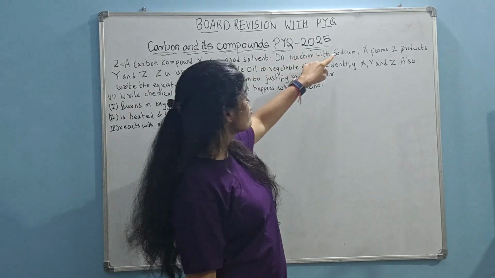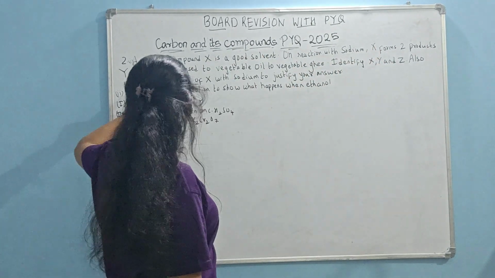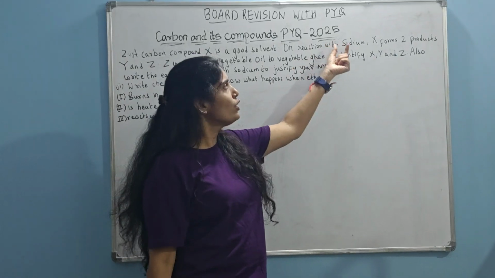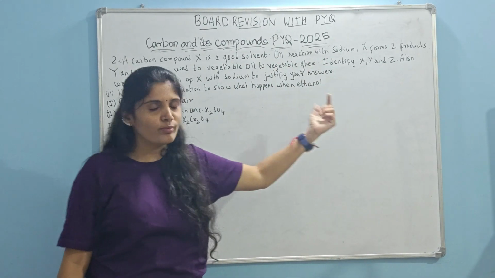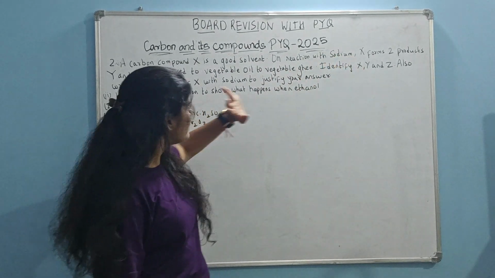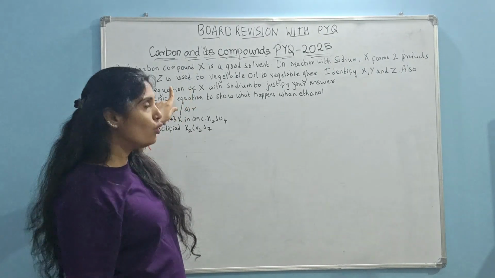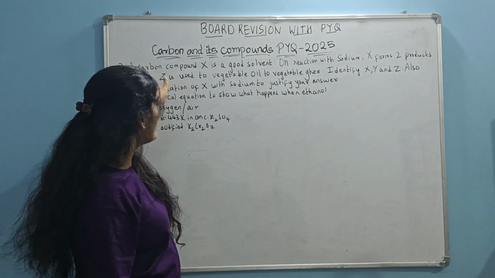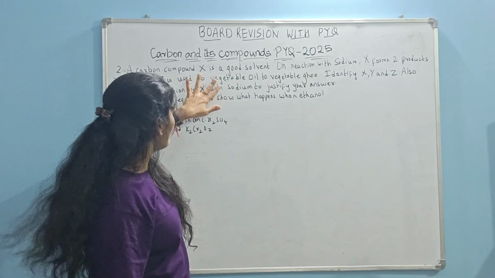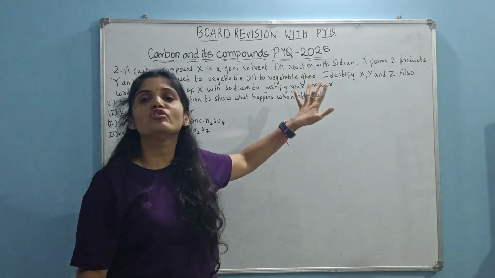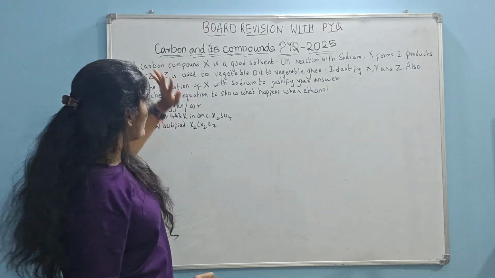Okay, now on reaction with sodium, X forms two products. Now if you assume it to be ethanol, ethanol forms two products, Y and Z. Now I am going to react ethanol with sodium because I have got a clear indication that it's a good solvent, it is ethanol for me, and it's a carbon compound. Now I will react ethanol with sodium and let us see what the two compounds Y and Z are. When we know what compound Z is, I can check if Z is used to convert vegetable oil into vegetable ghee. I can convert vegetable oil into vegetable ghee by hydrogenation, by adding hydrogen. So Z should be hydrogen. Now let me write the reaction and see.